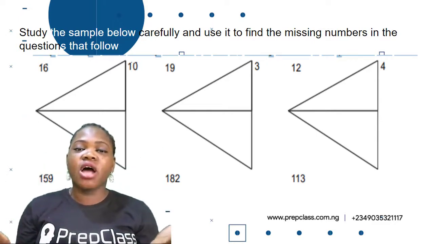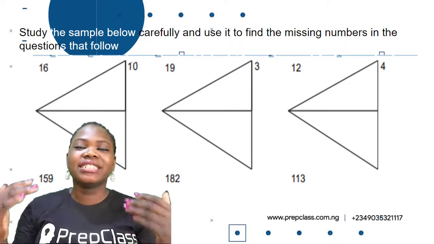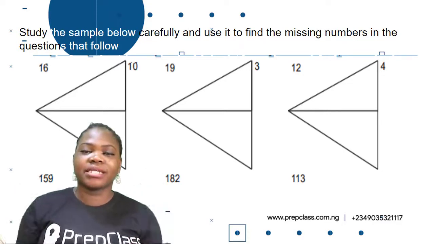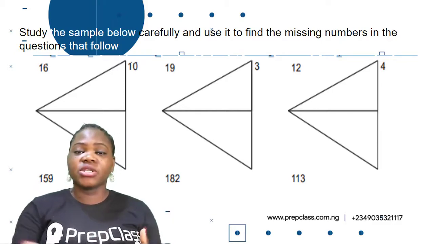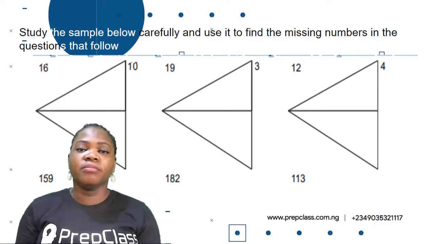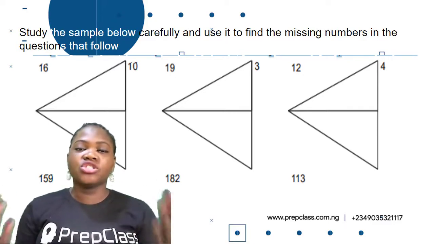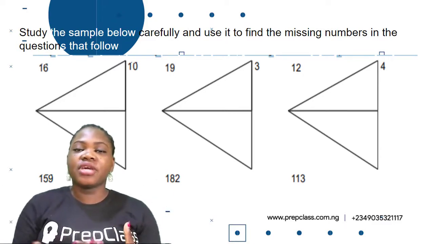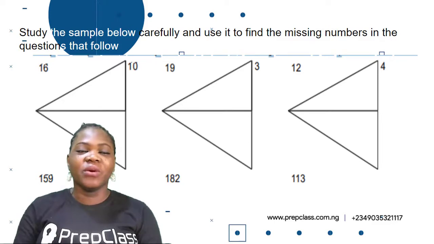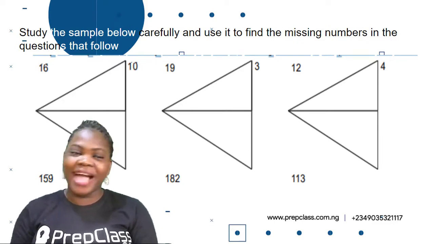Quantitative reasoning helps us to think. So you have to think deeply. It measures your ability to use mathematical skills to solve a problem. So these are problems. What is the math necessary to solve this problem? You have to find it out. Once you do that, then you can use the same logic to solve the questions. As simple as that. So let's study the samples below and see if we can find the math behind it. Are you ready? Because I am.